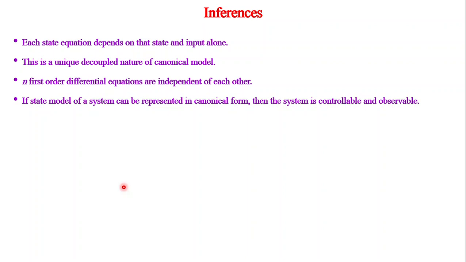In the next lecture, we will see how to solve the state equations. We will also see how to find the transfer function from the state model. These two we will see in the future videos. After that, we will see the controllability and observability. Then we will move on to some GATE modules, left out modules in our series. Because I have done up to classical control, for state space I have not done. To bridge the gap only, I am doing the regular control system lecture series now.